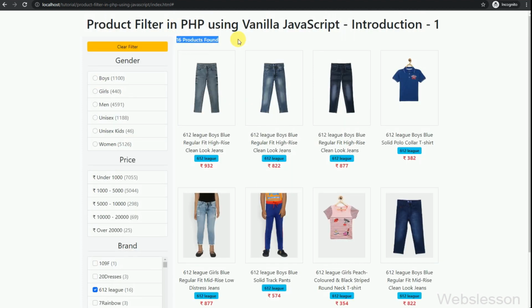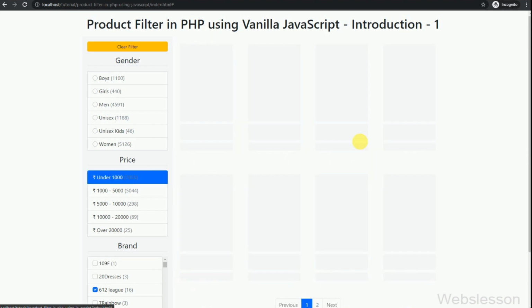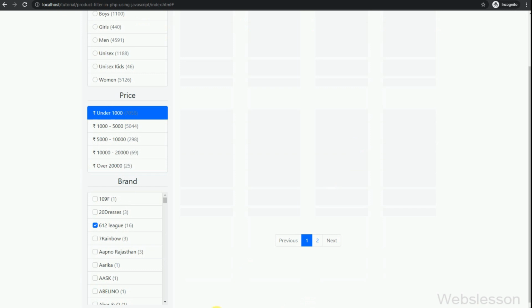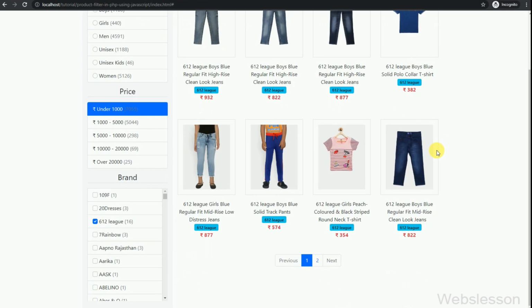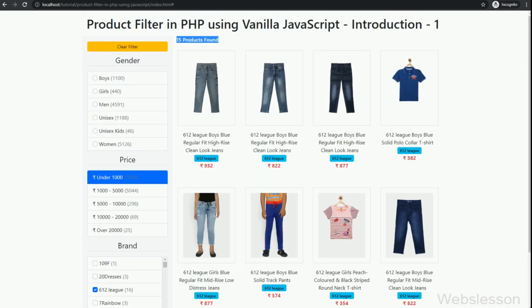A total of 16 products have been loaded. Now we want to get products under 1000, so here we have selected the under 1000 price range. After selecting it, we can see that it has loaded 15 products from the 612 League brand with price under 1000.